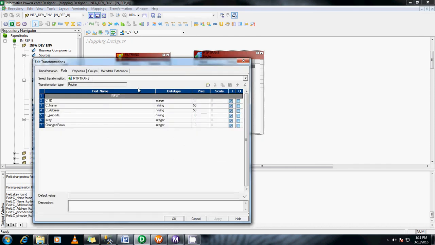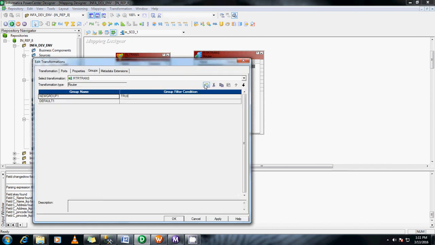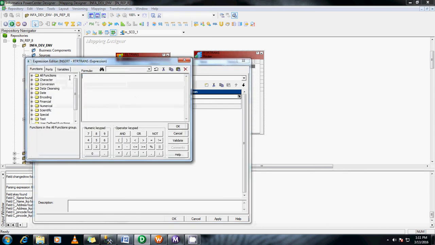Change row. Group filter. Add two group filters. One is for insert, one is for update. In the insert, if changed row equal to 1, then it is true.